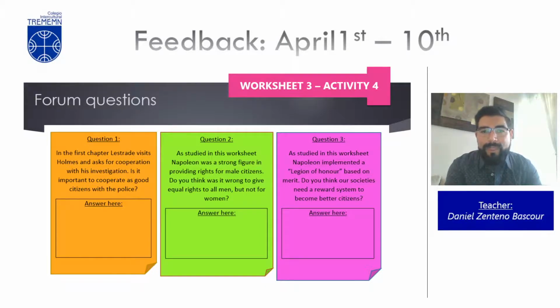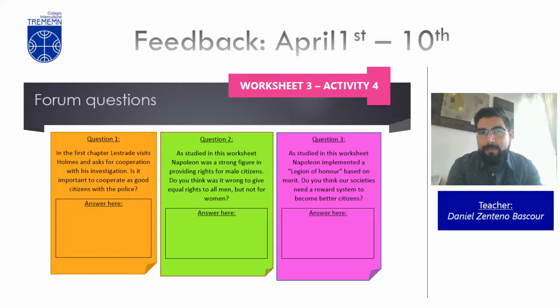Question 2. As stated in this worksheet, Napoleon was a strong figure in providing rights for male citizens. Do you think it was wrong to give equal rights to all men but not for women? Okay, so in this question we had an interesting discussion. The majority of people said that this was wrong because he forgot women and probably LGBTQ plus people. But